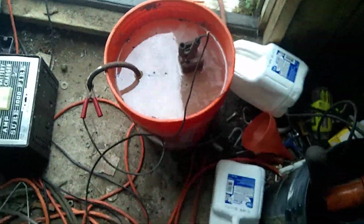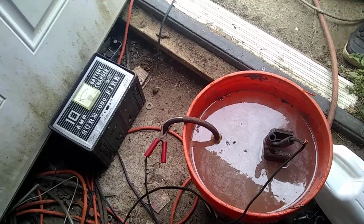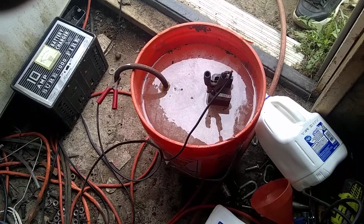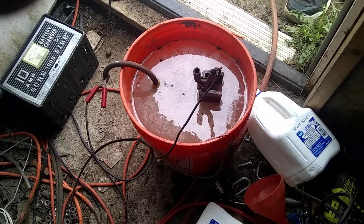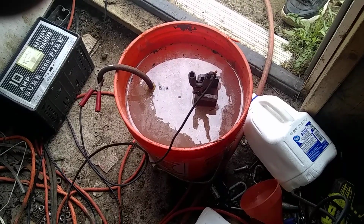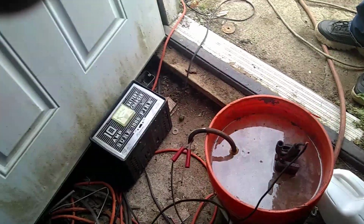Pretty much all the scrappers got something sitting around if they ever want to do this on something. A lot of times you get some old part you can't replace, and you really want to clean it up nice, and they claim it doesn't take, and I don't believe it does, any of the material left. It just takes the rust itself. So yeah, I'm going to do some projects with my